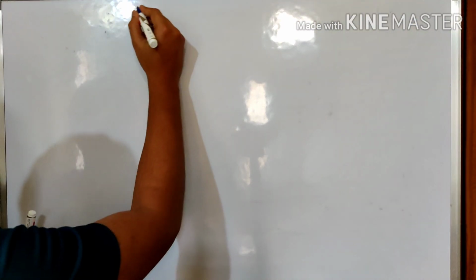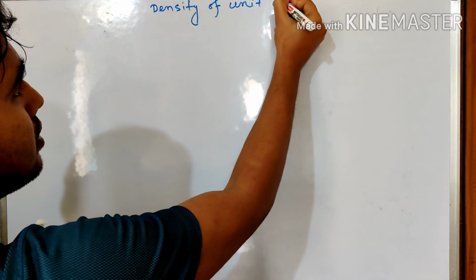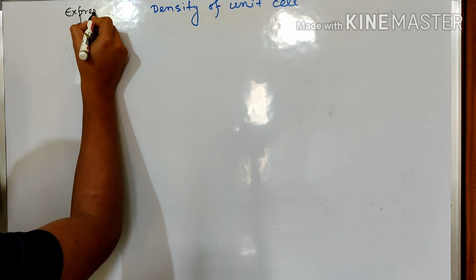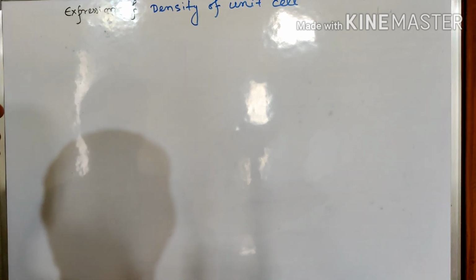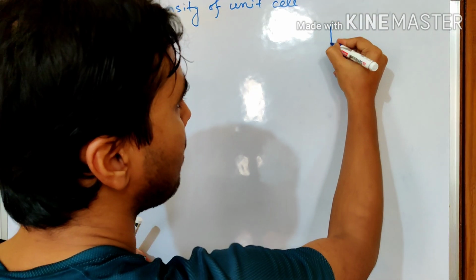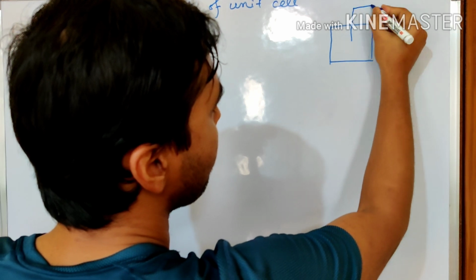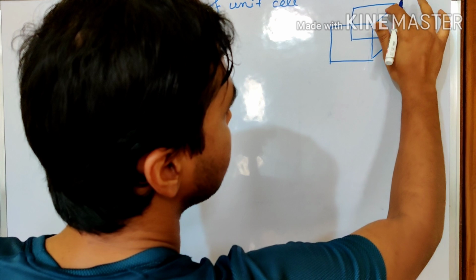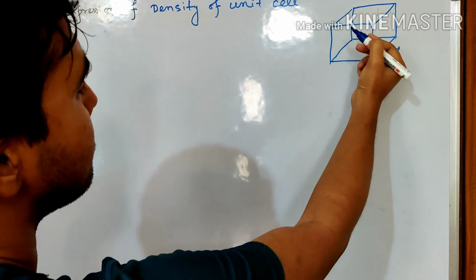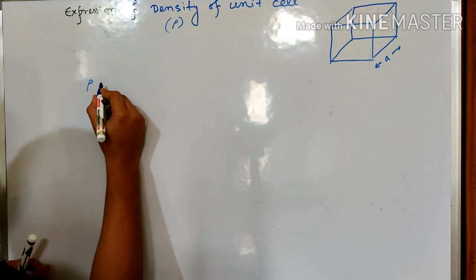Up next, we are going to find out the density of unit cell. Rather, we should say it is the expression of density of unit cell. Let us see the calculation. For any unit cell, just a simple one. If we consider this much as a, so if we write down like this, density, if we express as rho,